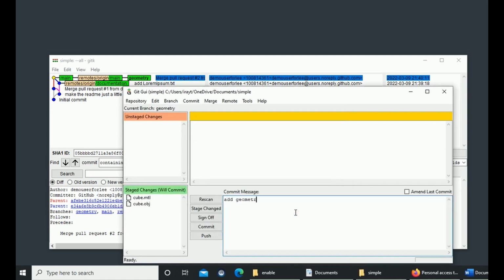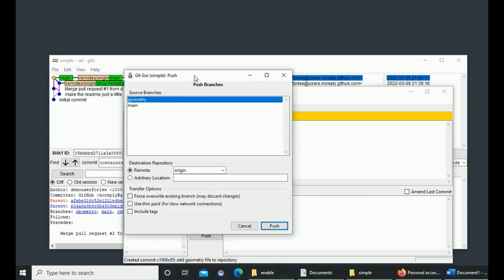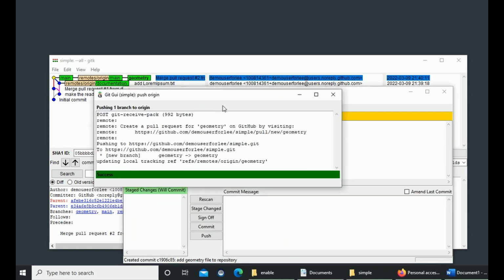Now it's time to write the commit message for the changes we are making to the repository. Once that is done, click the Commit button to add the files to the Git repository. Finally, click the Push button. Git GUI will ask which branch you want to push. By default, it is the currently checked out branch, which is what we want in this case. Click the Push button and Git GUI will update the